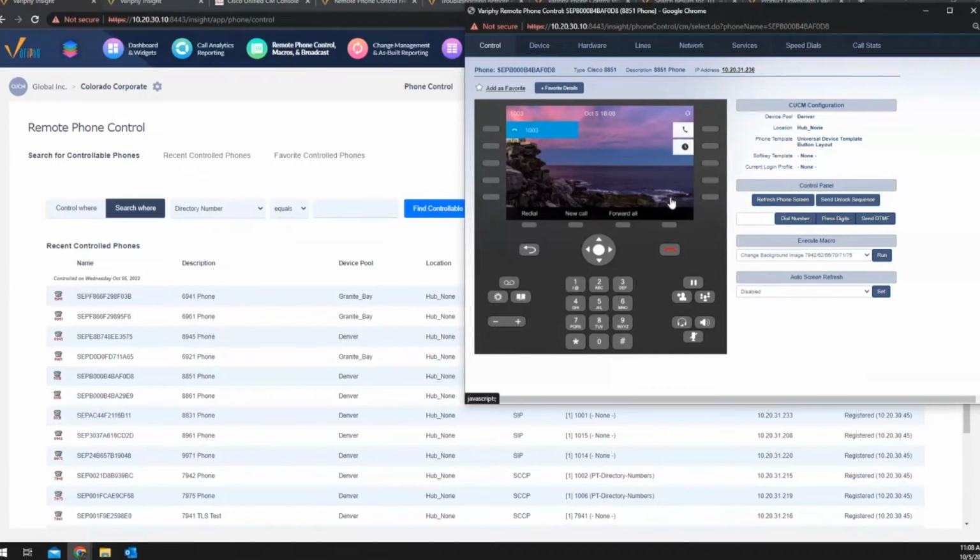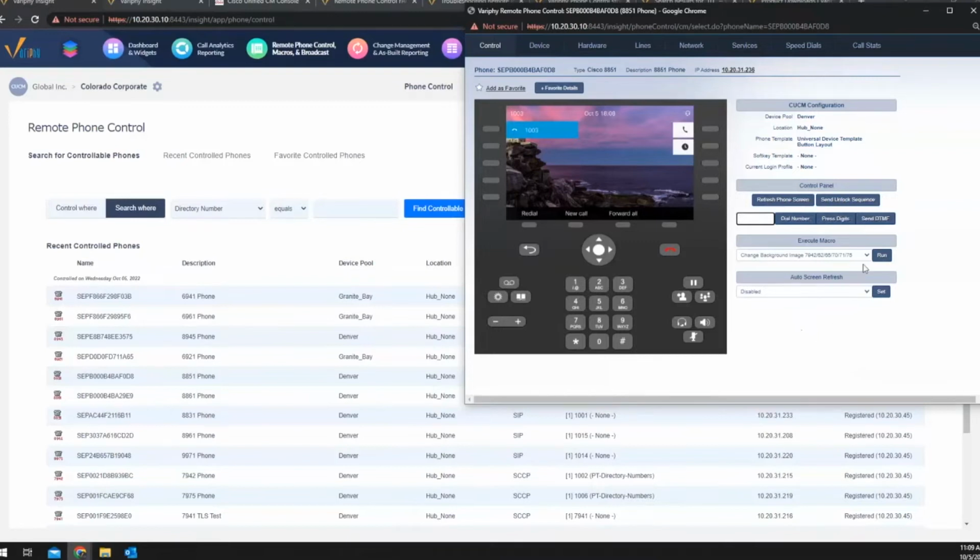But anyway, basically you can do anything on the phone that you could do if you were sitting in front of it, as far as dialing, getting into menus, etc. You can also use these fields on the right. Let's say you want to dial a number or do a press digit test. You can just type out the number you want to dial and hit dial number, and it's going to dial for you. You don't have to do 2, 1, 3 and dial the whole number out.